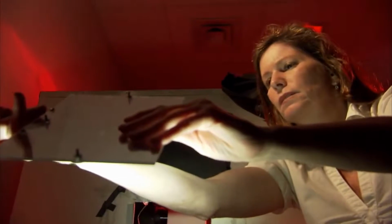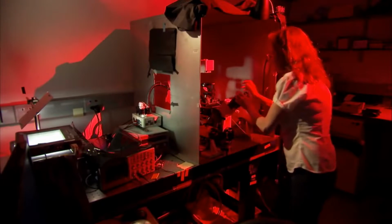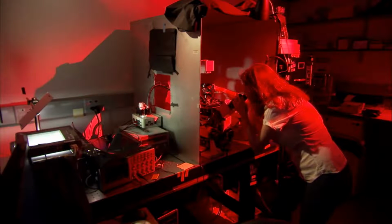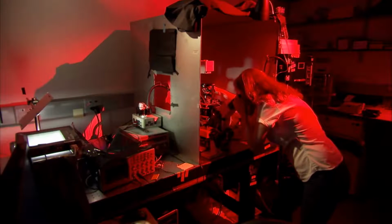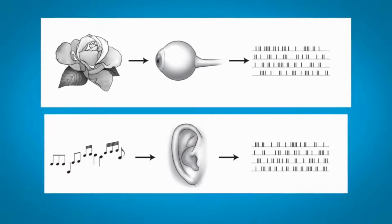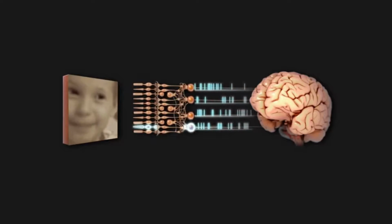My name is Sheila Nierenberg, and I'm a professor at Weill Medical College, which is part of Cornell University. My lab studies how the brain processes information, how it takes information from the outside world and converts it into neural activity, and then how it uses that neural activity to allow you to do things, to see, to hear, to reach for an object, things like that. You have sensory systems that take information, physical energy from the outside world, like patterns of light or sound, and it has to get converted into a language that the brain can use for processing it